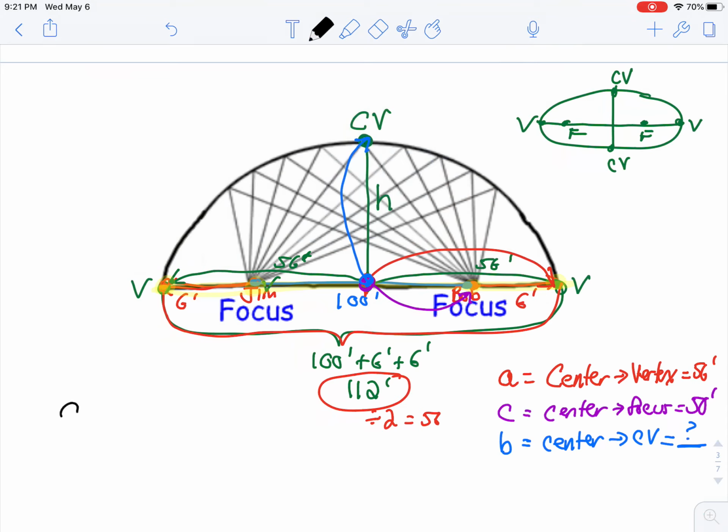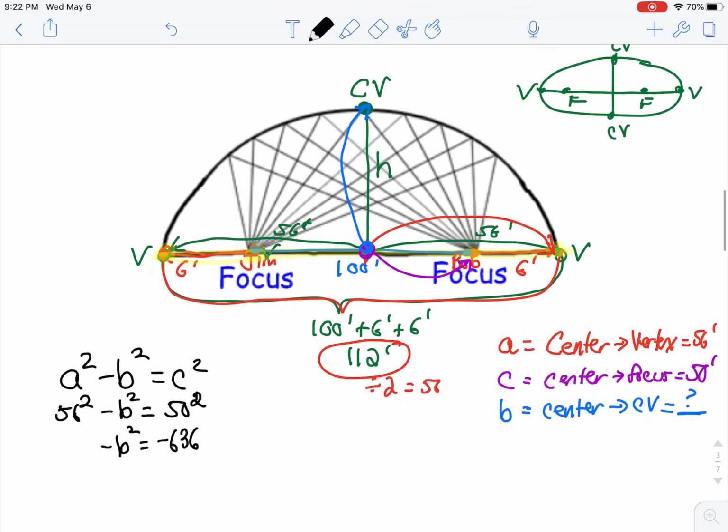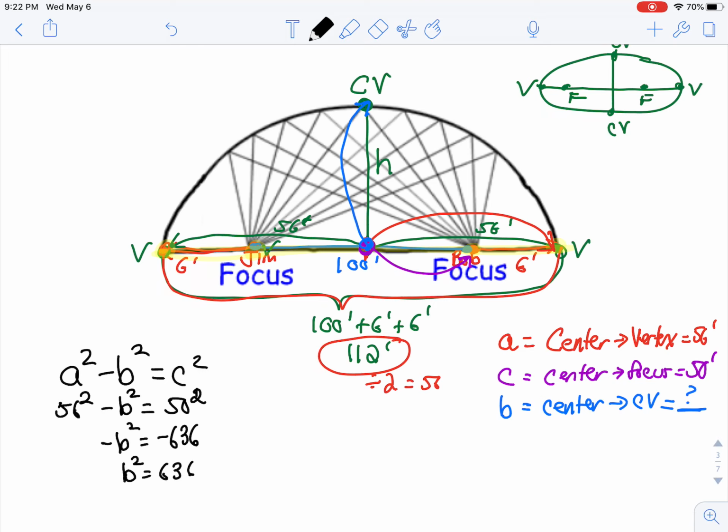If we already know the A and the C value, we can find the B value by using our equation, A squared minus B squared equals C squared. Our A value was 56, our B value is unknown, and our C value was 50. Doing a few calculations, oops, I'm sorry, this is 50 squared. If I do 50 squared minus 56 squared, that gives me negative B squared equals negative 636. Of course, if I divide by negative 1, I have B squared equals 636. And when I take the square root of that, the square root of 636 is approximately